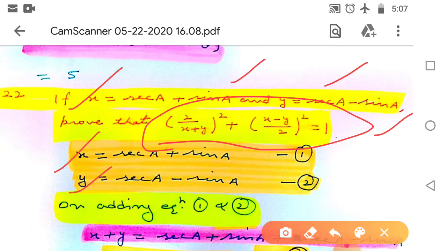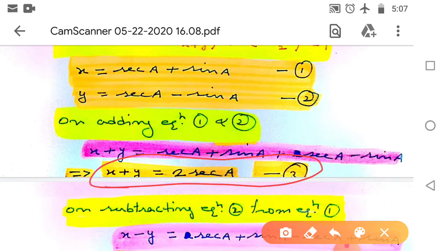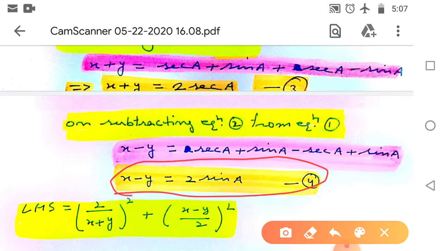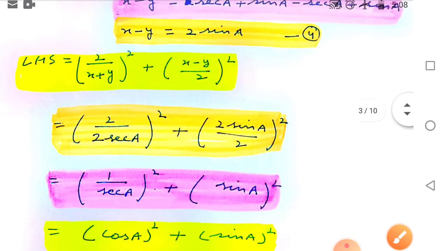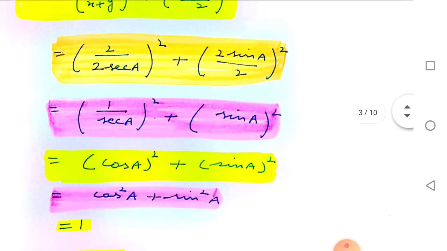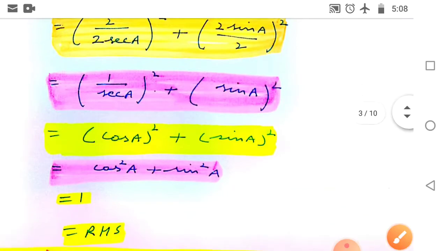On adding 1 and 2, we get x plus y as 2 sec A. Now, subtracting 2 from 1, the value of x minus y comes 2 sin A. Now, put these two values of x plus y and x minus y in the LHS of the question, and after putting the values, we get (1 upon sec A) whole square plus sin A whole square, and ultimately cos A whole square plus sin A whole square, and this is cos square A plus sin square A, which is equal to 1. Now, come to